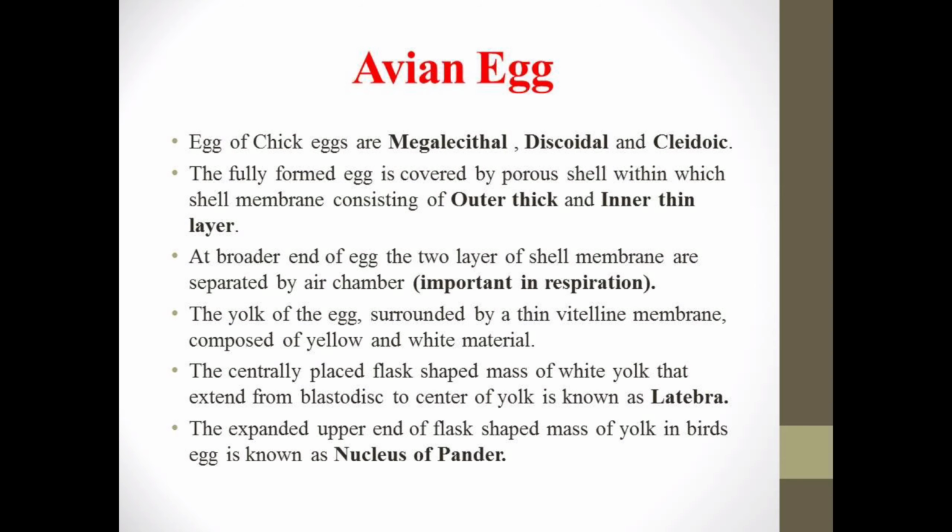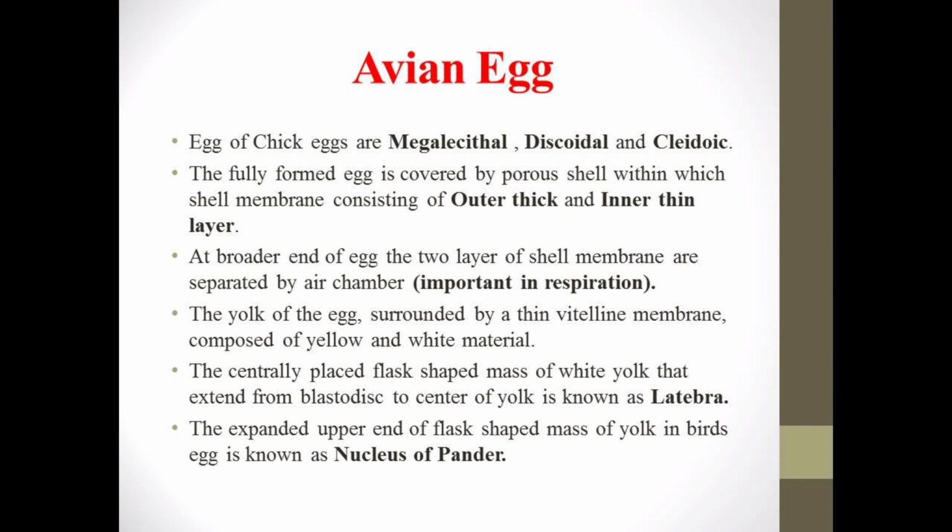The nutritional component of the egg, that is the yolk, which supplies food to the developing zygote, is covered with a thin vitelline membrane. Before moving forward, I would like to tell you that the yolk can be of yellow color or white color. It just depends on the food intake of the hen or the bird. If the bird has yellow corn as its diet, it will have a medium yellow colored yolk, and if the bird is fed on barley or wheat etc., it will have a slightly white colored yolk.